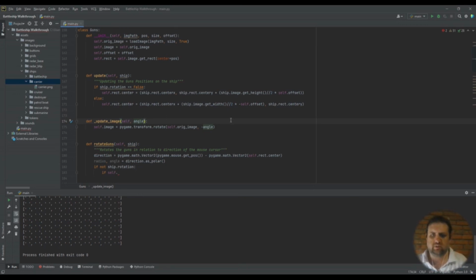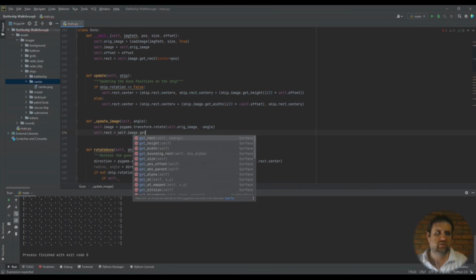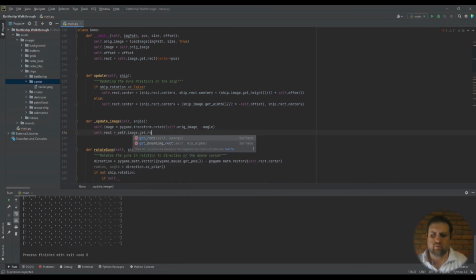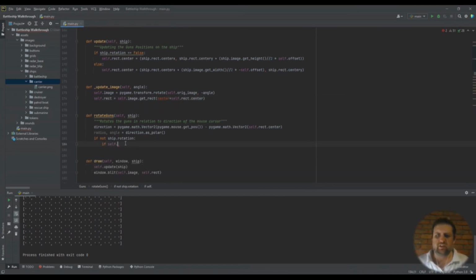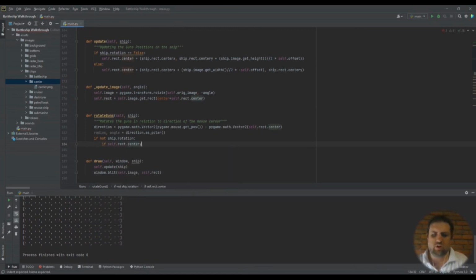And the next line of this helper method, we're going to say self.rect equal to self.image.get_rect, and the center will be equal to the self.rect.center. Alright, so that's my little helper method. Come back down to my RotateGuns. If self.rect.center y is